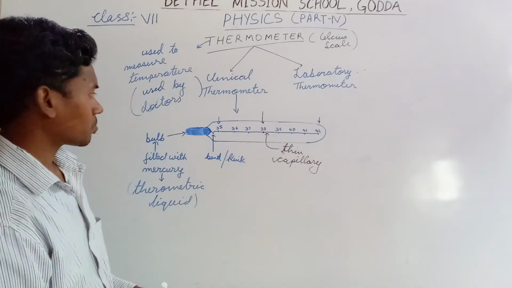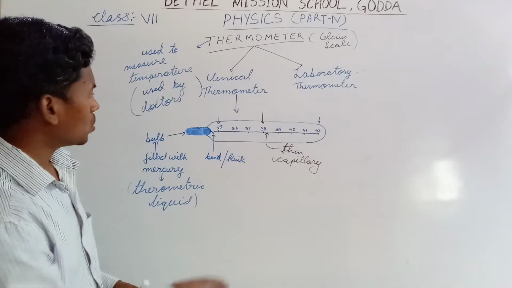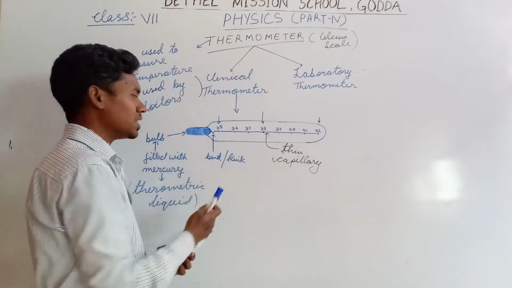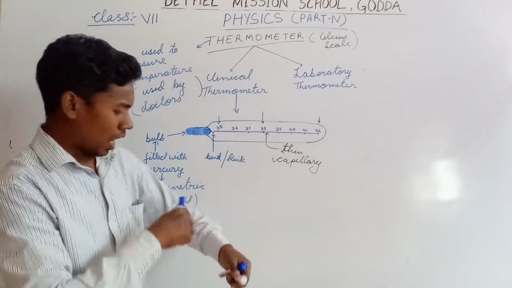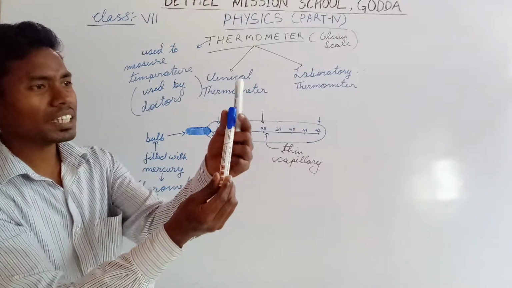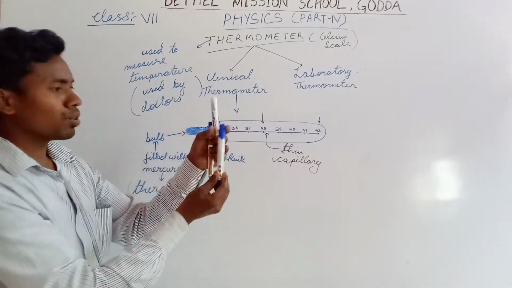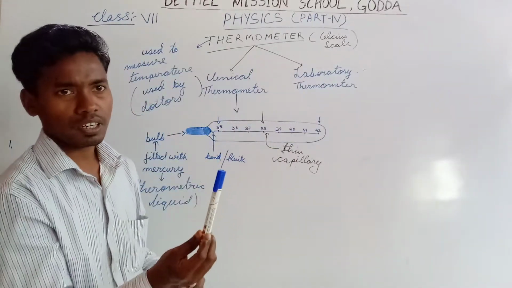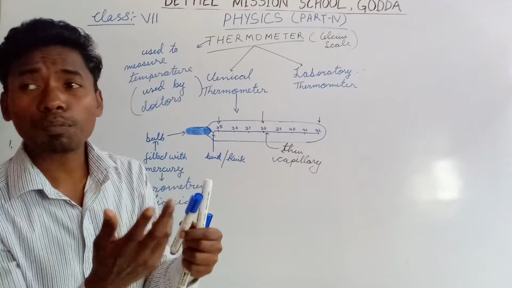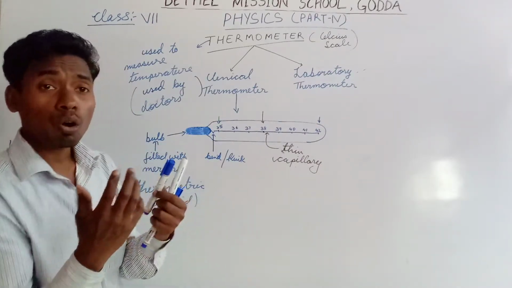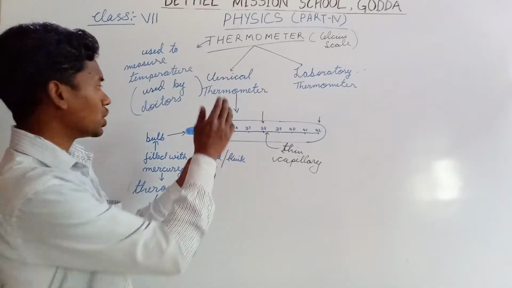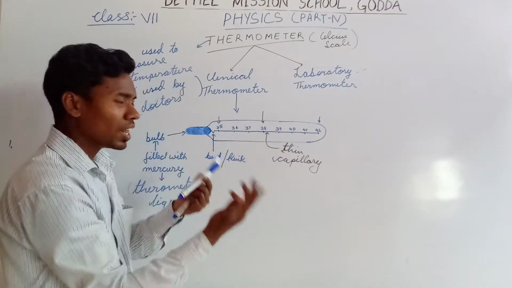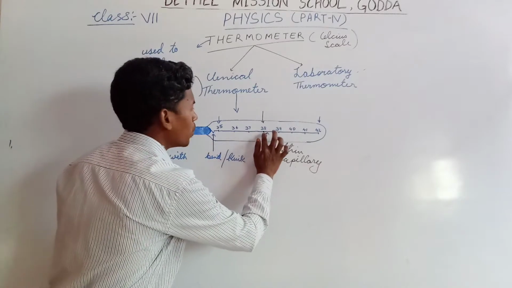Okay. So what is the provision of this bend in here? The provision is this bend is here so that after this is removed, the bulb is not in contact with my body. It comes in contact with the atmosphere, and the atmosphere may be cooler or hotter. If it is cooler, the reading will go down, the mercury will contract and move back. Or else, if the atmosphere is hotter, what will happen? It will move forward.